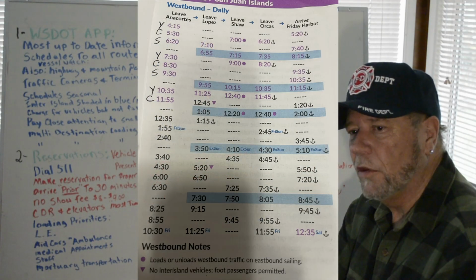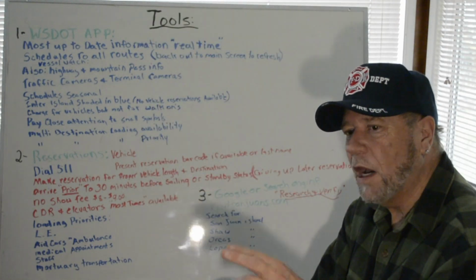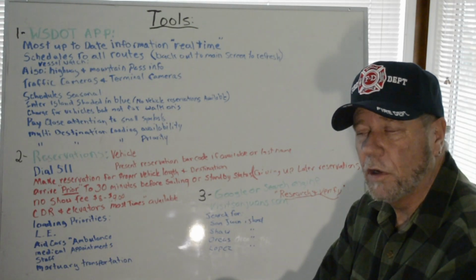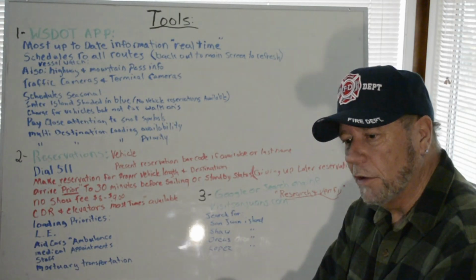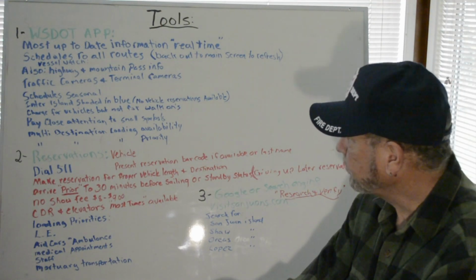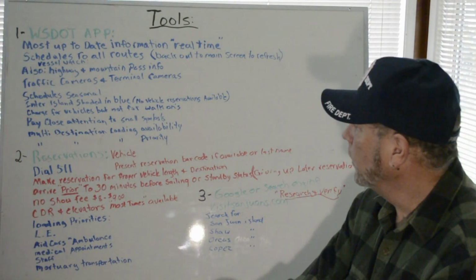On these schedules, you'll see blue shaded routes. Now, those blue shaded routes are inter-island traffic only. They go between the islands that are out there, Friday Harbor, San Juan Island, to Lopez, to Orcas, to Shaw, for locals to get back and forth, and tourists if they just want to visit the other islands while they're out there. I'll go more into that in a later video as well, as far as the costs and what's available on each of the islands if you choose to do that. There's a charge for vehicles going on the inter-island ferry, but there's no charge for walk-on passengers doing the inter-island